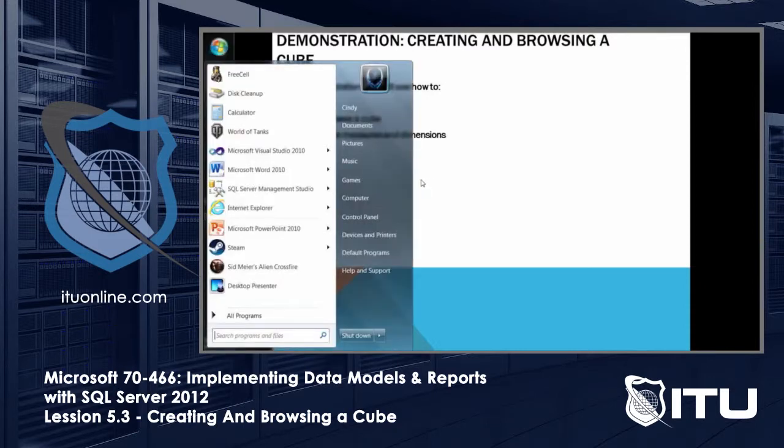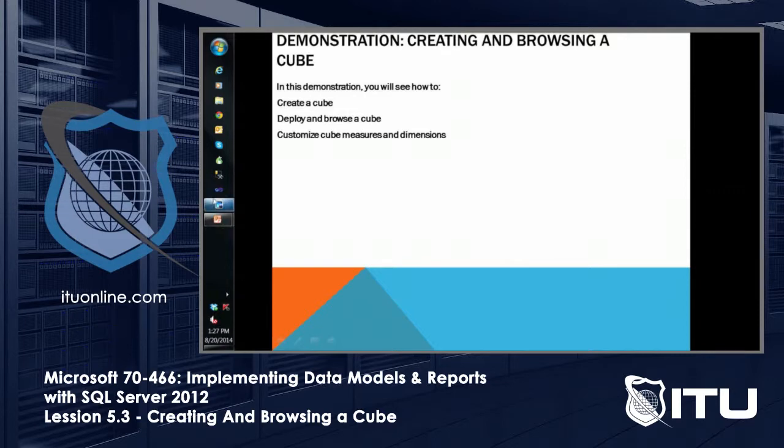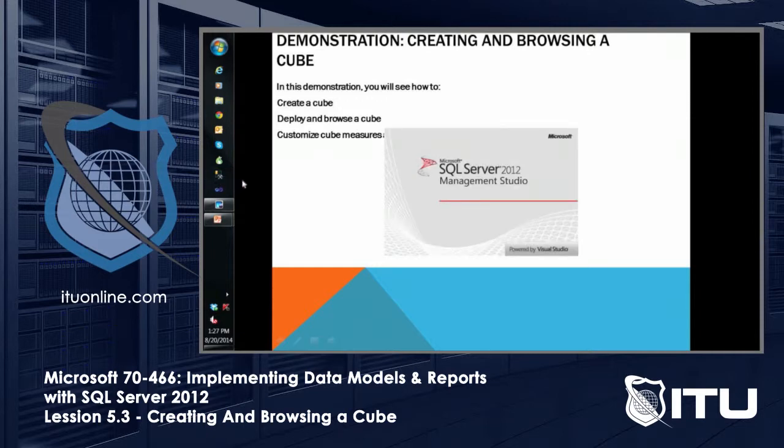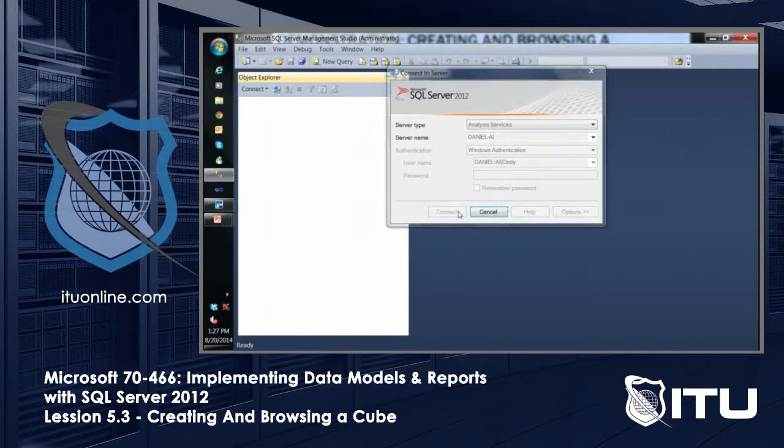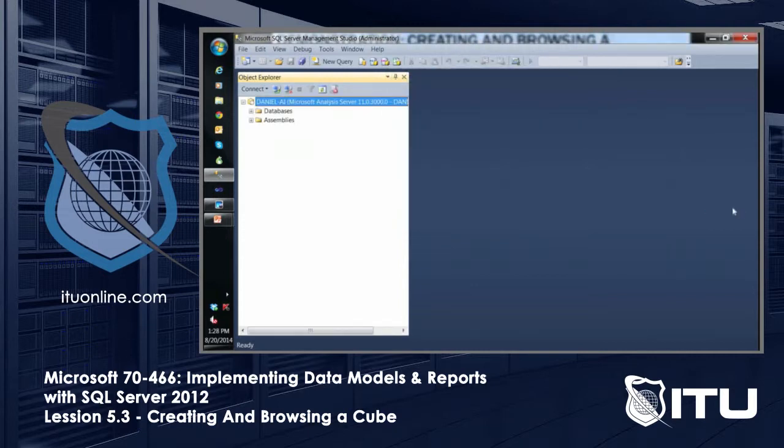So let's go ahead and go back to my Management Studio. Now that it's been deployed and so on, I'm going to use not the database engine, but I'm going to drop down to Analysis Services. It's then going to give me Daniel AI as my selection. I'm going to connect. Once I connect and I see a green arrowhead by the database symbol, there it is,